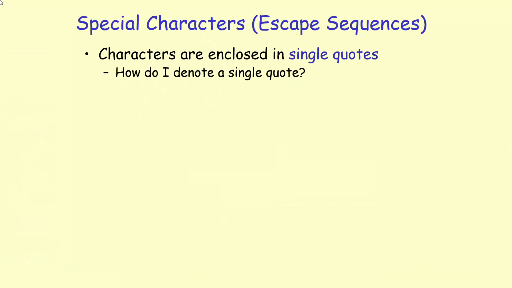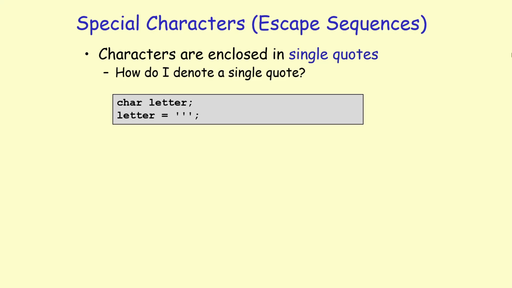Let's look at an interesting problem when working with characters. Remember, characters in C++ have to be enclosed within 2 single quote characters. But then how do we denote a single quote character? Is this okay? What do you think about it? So look at it. We are basically trying to represent the single quote character. So we open the character with a single quote. We have to close it with a single quote and then put a single quote in between. So does this make sense?